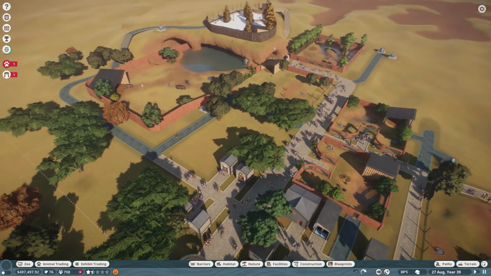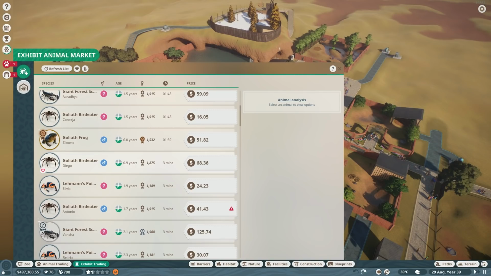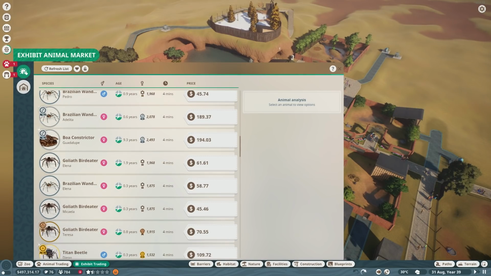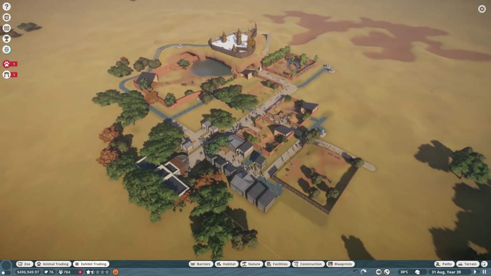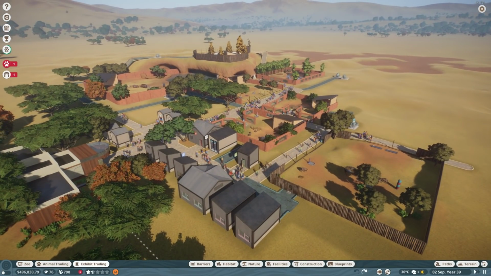The other aspect of the game then is exhibit trading as well. So it's a very similar kind of thing, but this is animals that you don't really see. They're more in these little buildings that people just walk into, so you can just imagine that they're in there. I don't think you actually see them be modeled, but you can still learn about them. Still quite a lot of animals there to look at, and that's pretty much everything for Planet